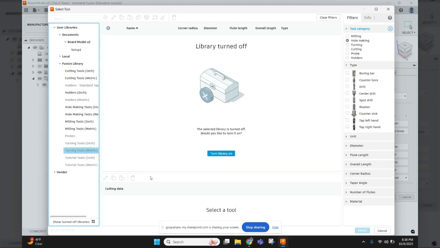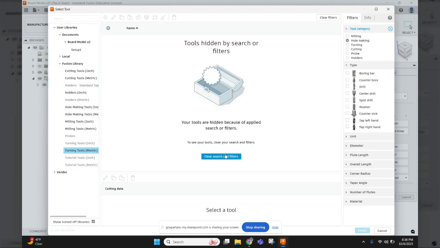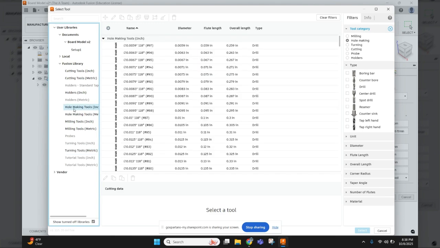Yours probably looks like this when you go to hole making. So what you're going to do on the hole making menu is turn your library on, and it'll give you that list of tools that I was looking at. Right now, if you remember the first video, we were going to drill a hole that was 1/8